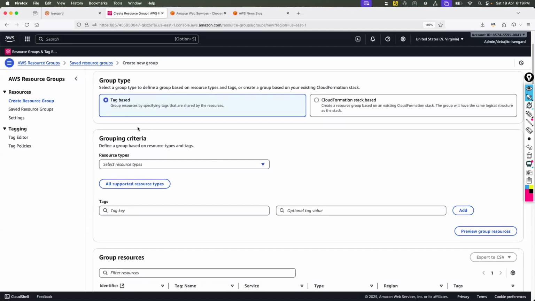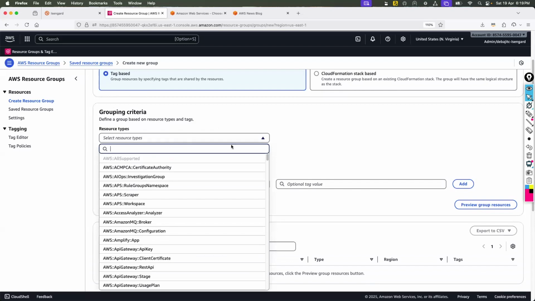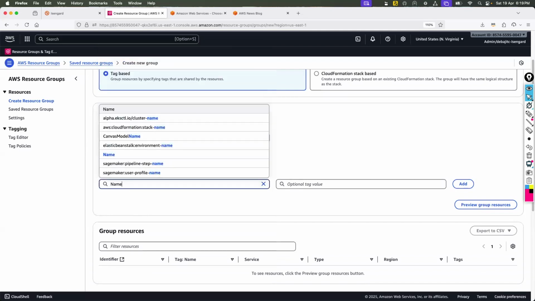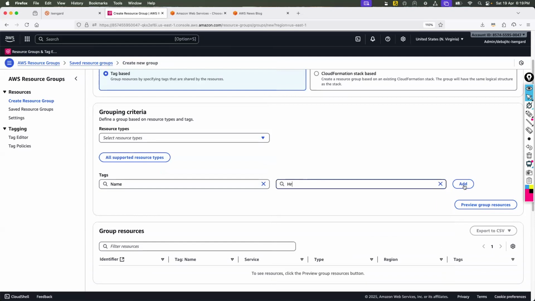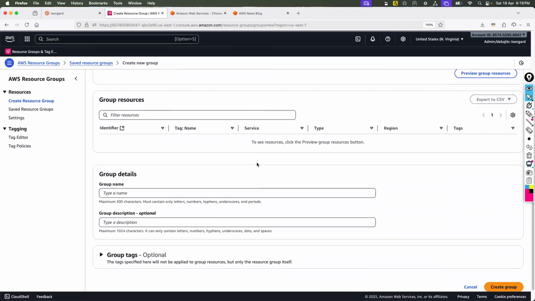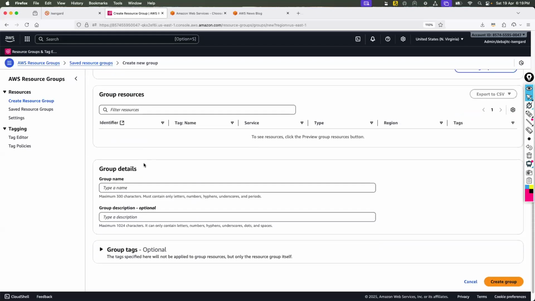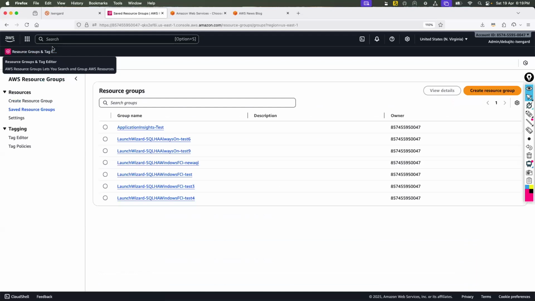Let's say resource type is all supported resource types, and my name equals HR. Add it. So now I can add this kind of tag and create a resource group. Next time, all of the resources that are part of these tags will come up. We'll discuss everything. That is the beauty of tagging, and a lot of other automation, right?